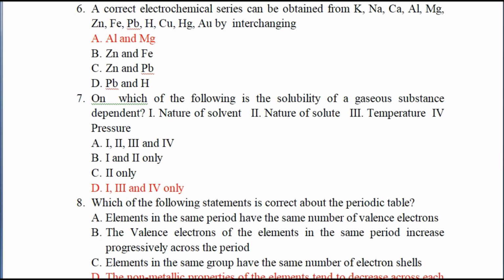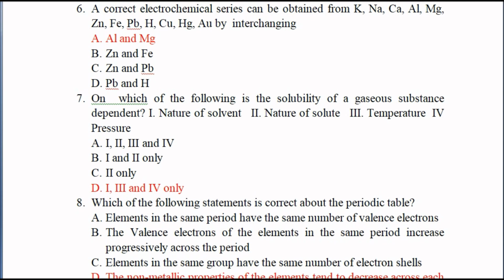Number 6. A correct electrochemical series can be obtained from potassium, sodium, calcium, aluminium, magnesium, zinc, iron, lead, H, copper, Hg, and Au by interchanging A. Al, aluminium, and magnesium,